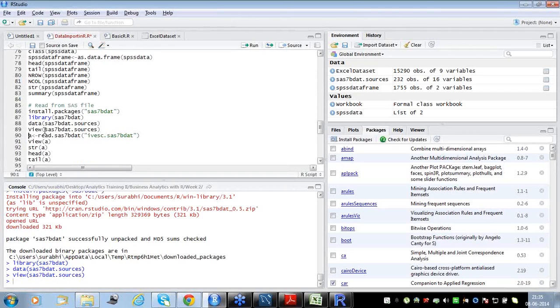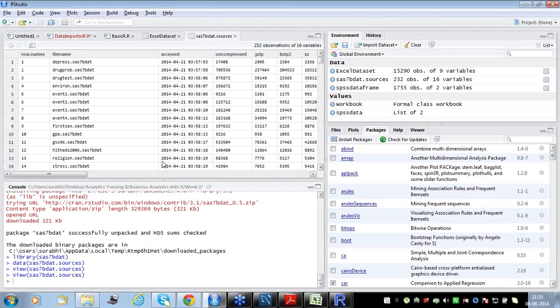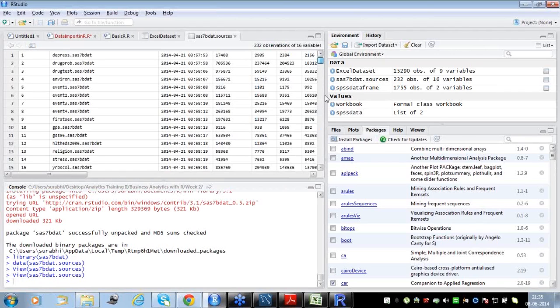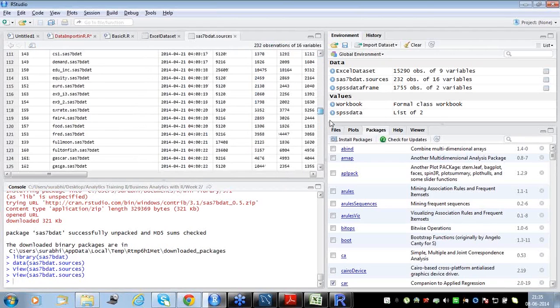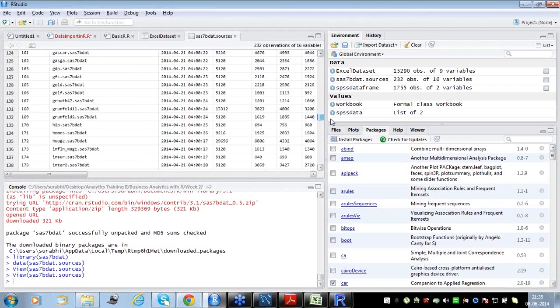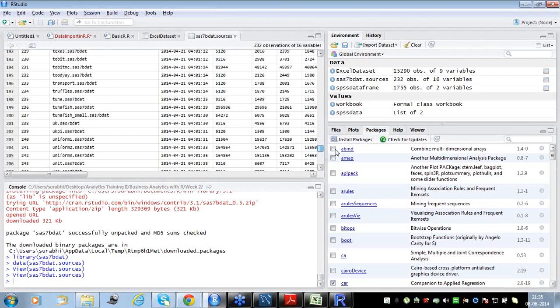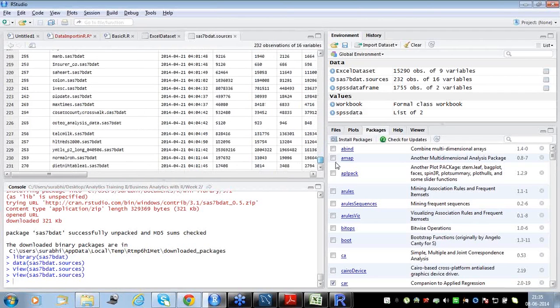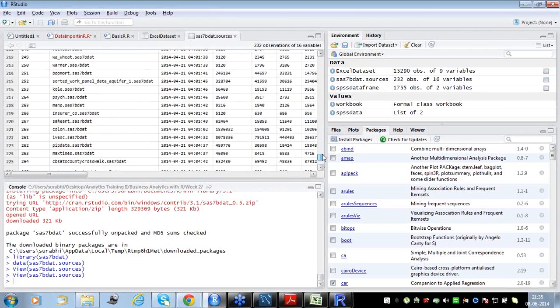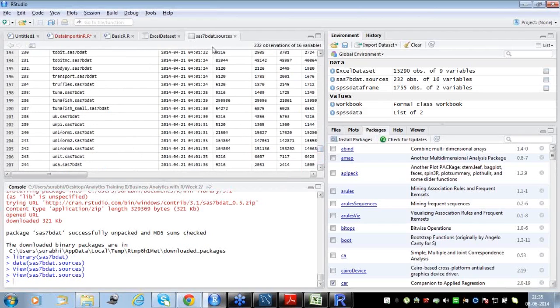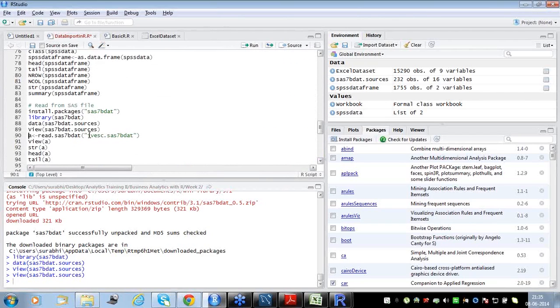Let me show you which file. I'm not relocated right now, but it is there definitely. So just try to relocate this. It's a file